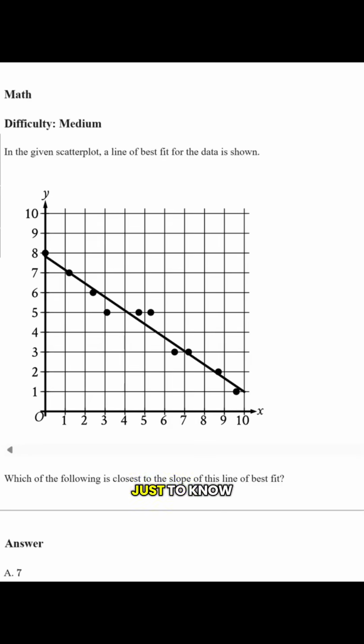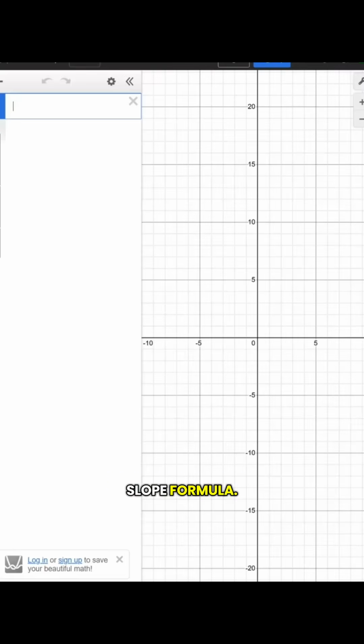The key to this one is just to know which points to select for your y equals mx plus b formula or your slope formula. The first strategy that I'm going to show you is just using a table. But even with this way, even though it can be considered faster, you still have to know which points to